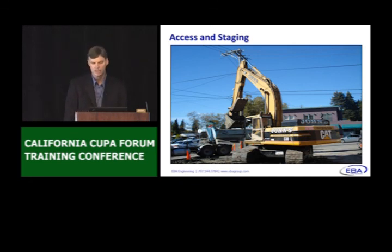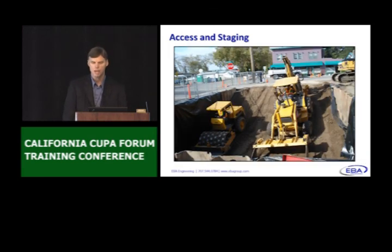So we've got a 330 cat excavator. As you could see, we're in a downtown area. We've got a truck. We're loading out some material here. We've got some rather big power overhead lines. There actually is some requirement to stay away in separation distances for overhead power lines based on the ampacity of the lines. But this site, just getting in and getting out of here, this is the backfill stage of the